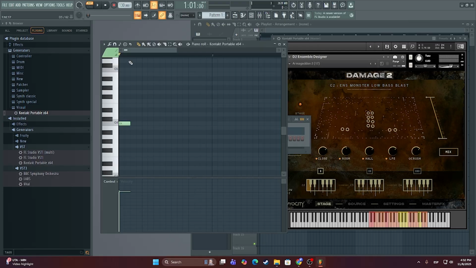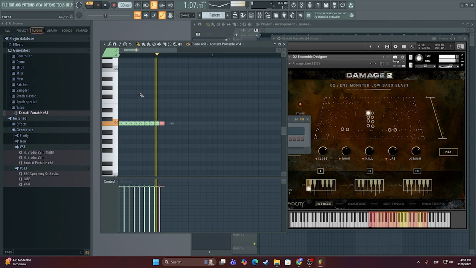Let's open the piano roll. So it doesn't have that intensity of most of those soundtracks. It has to be spaced, so